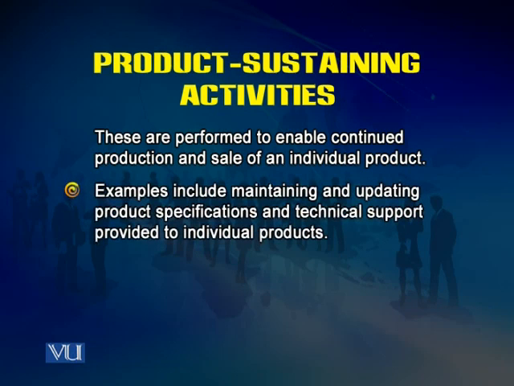Examples include maintaining and updating product specifications and technical support provided to individual products. So, product sustaining activities. By this, we mean the activities that are going to ensure the continuity of the product. So in a way, this is the support being given to an individual product. In our example of juices, for example,